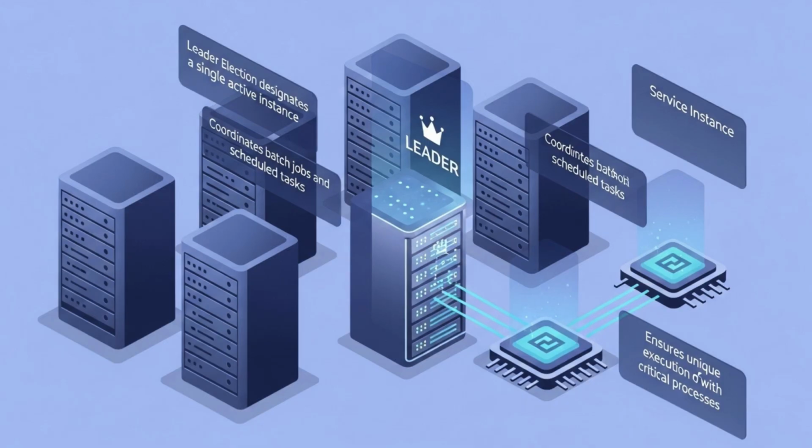Spring Cloud Commons simplifies this by providing events for when an instance is granted or revoked leadership, allowing you to easily start and stop specific services or tasks based on its leadership status. This ensures your critical operations are executed exactly once by the right service instance. Now that we understand the core abstractions, let's look at how you'd implement them and what makes Spring Cloud Commons